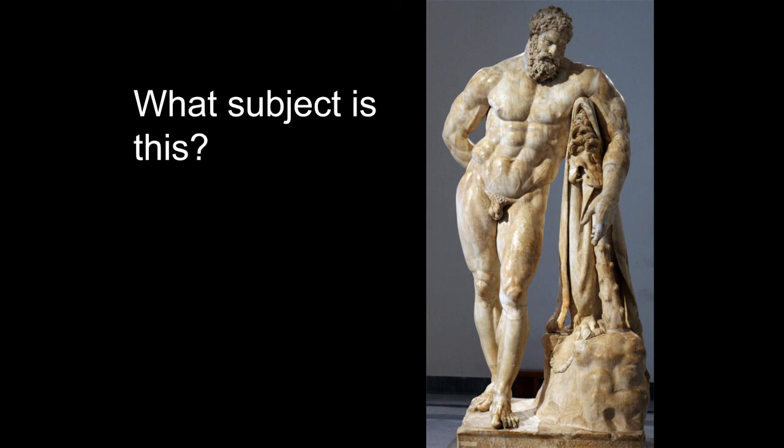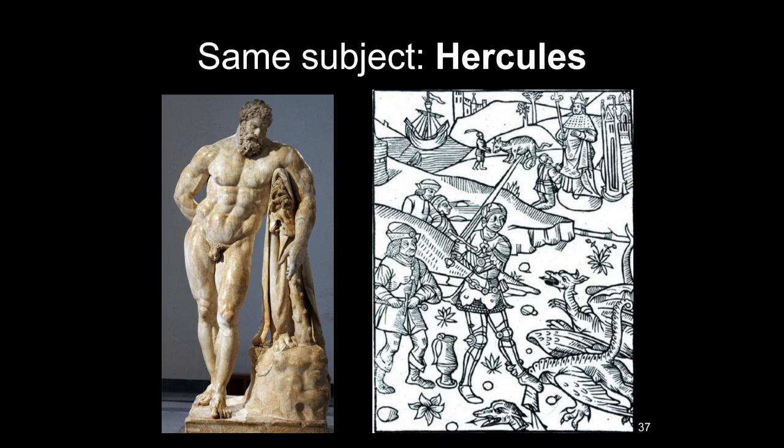And he's super muscular. He's got much more muscles than, say, the Apollo Belvedere or something like that. And those three things, lots of muscles, the club and the lion skin, should help you identify him as